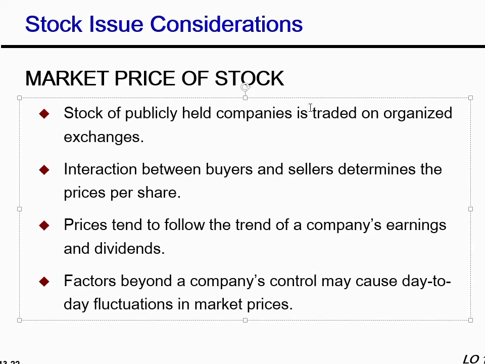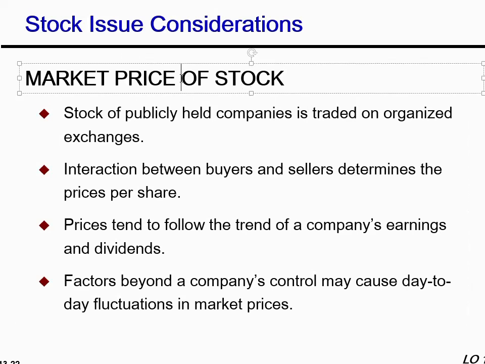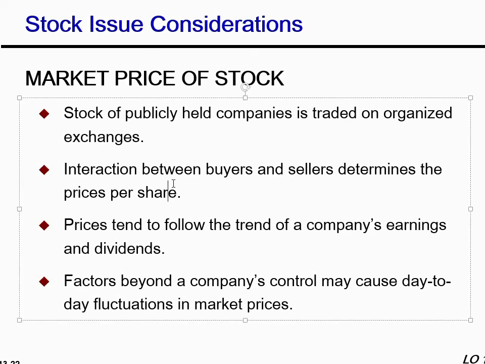Some people are selling, others are buying. So the trade is happening in the organized exchanges. So market price is a price which is settled by an interaction between the buyers and sellers, those who want to sell the shares of the company and those who want to buy the shares of the company. Their negotiation, their interaction defines the market price, at what price they agree to buy and sell the shares.